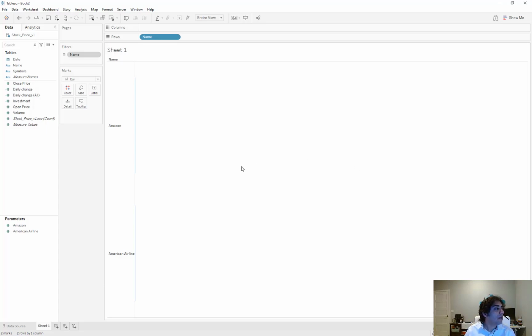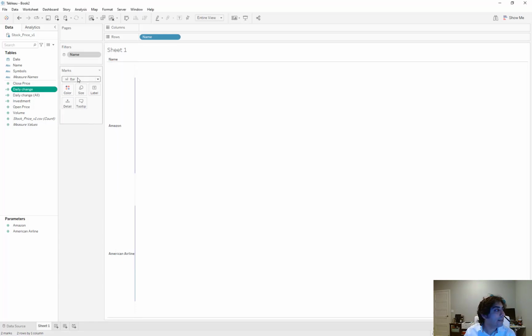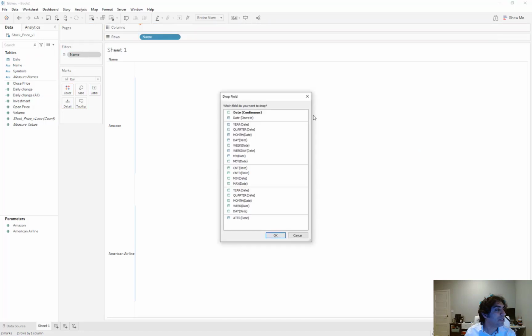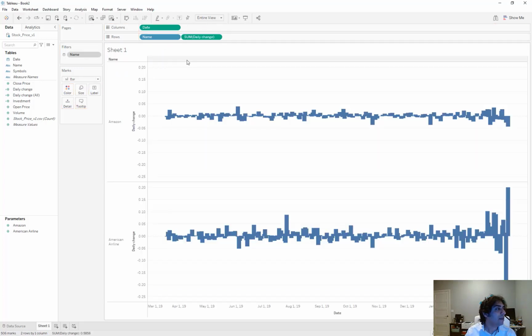of the solution. So in this simple example, I have only two stocks, Amazon and American Airlines. And I'm assuming that these two companies are going to perform very similarly to their historical data. So I created this daily change calculation, which basically calculates how much every day their stock is going to increase or decrease, the difference between open price and close price, because I'm going to do daily trading. And now let me create a time series visualization to see how the historical change of